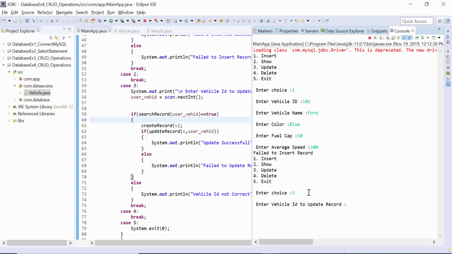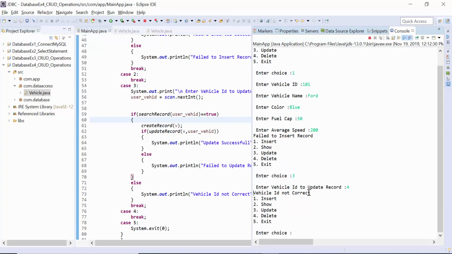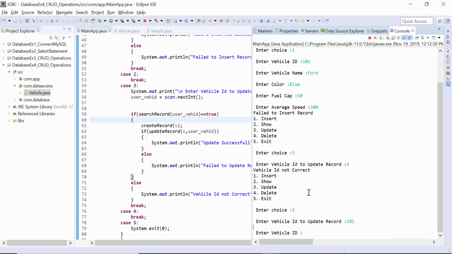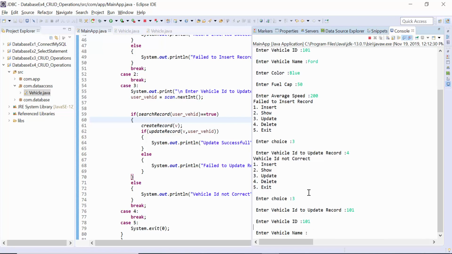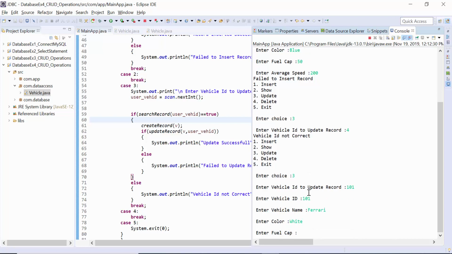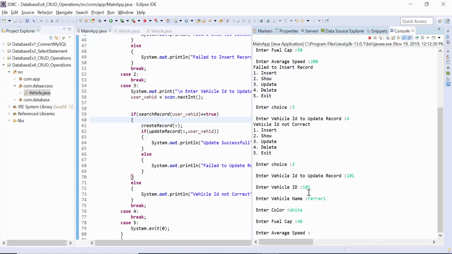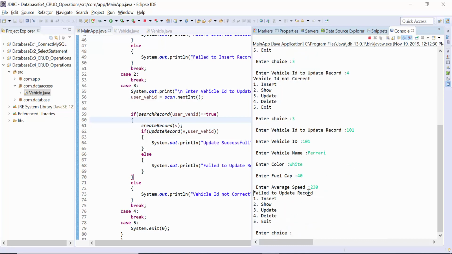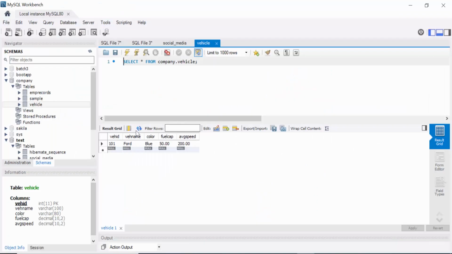Let's say I enter a wrong ID, it says vehicle ID not found. But if I enter the correct one, like 101, it's working. Again it asks for an ID, and we just add 101. The name I want is now Ferrari, the color white, the fuel capacity 40 and the speed 230. Okay, failed to update, but in MySQL if I refresh, the record is updated.